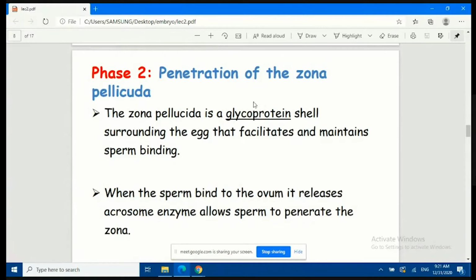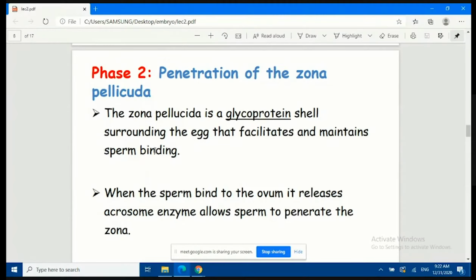So this glycoprotein is so helpful in the protection of the oocyte. And why the protection of the oocyte? Because there cannot be many sperm penetrating the oocyte at the same time. We cannot have three, four, or five sperm penetrating the oocyte itself. Zona pellucida is a smart shell that will protect the oocyte, and second, facilitates and maintains